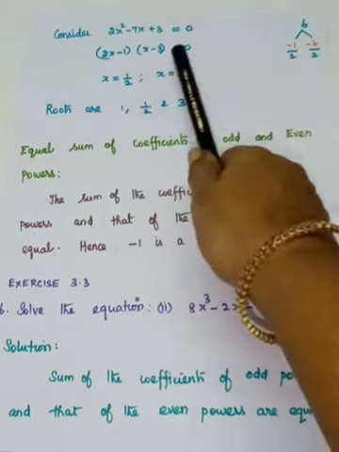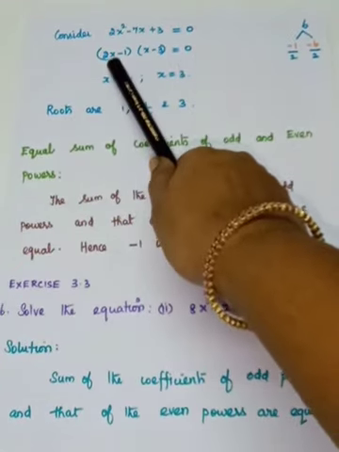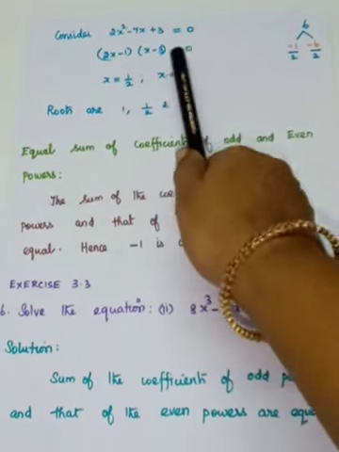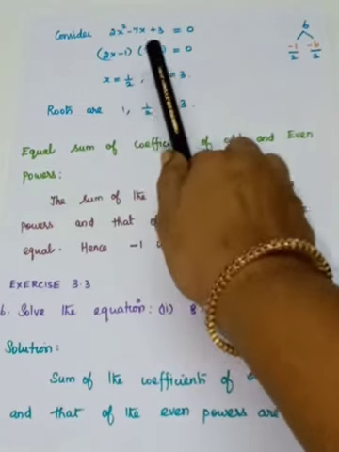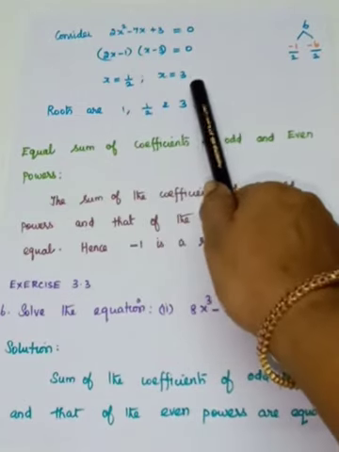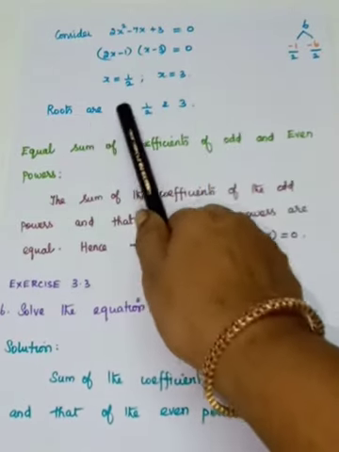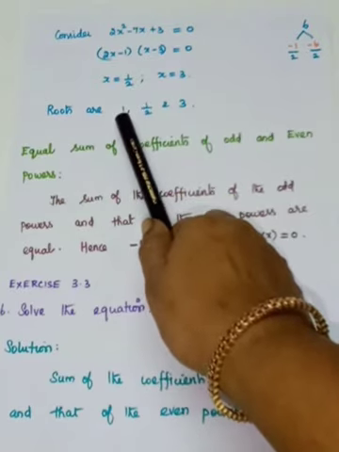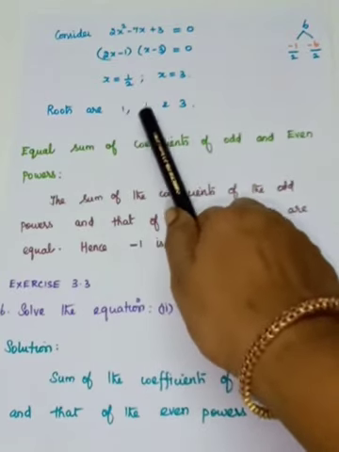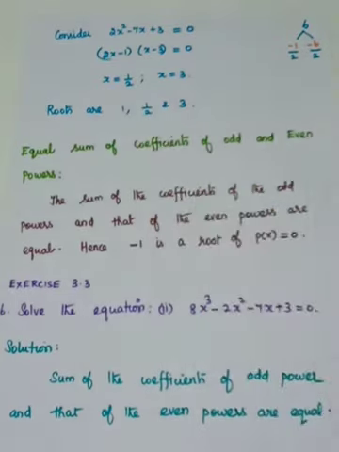So x minus 3 is equal to 0. When you equate 2x minus 1 is equal to 0, x is equal to 1 by 2. X minus 3 is equal to 0 means x is equal to 3. So the roots are already we have found. 1 is the root. The other two roots are 1 by 2 and 3. Okay, so the next one here,